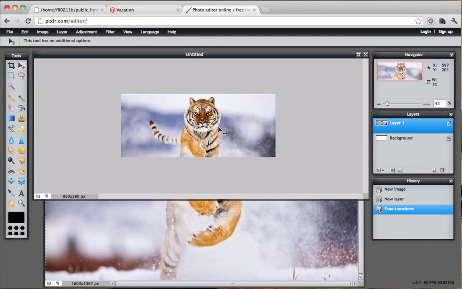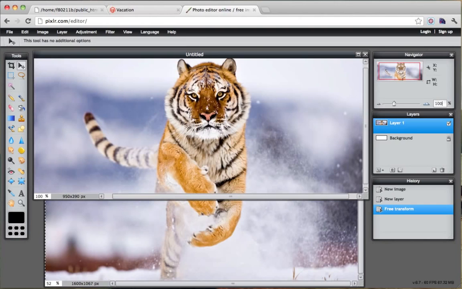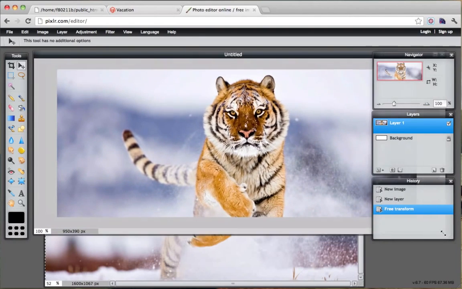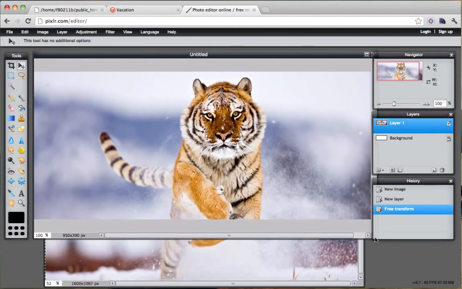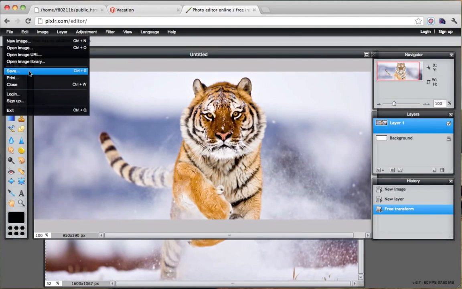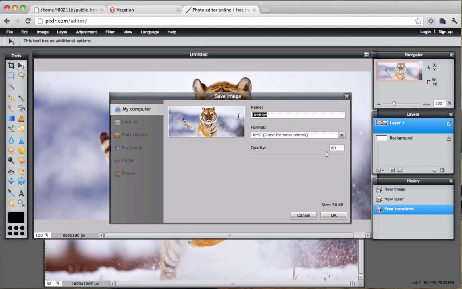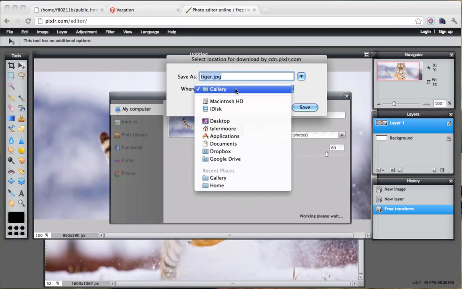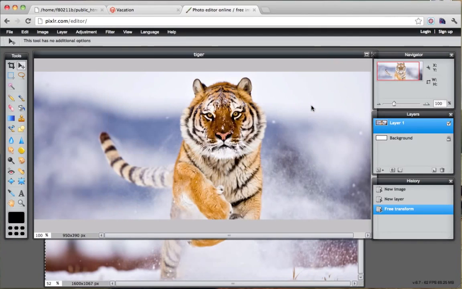And once we do that, we can make it 100% again, just to see what it looks like. 100%. And we can go to File, Save, and call this Tiger, and we can keep it at 80%, that's fine, and click OK. And let's save it to our desktop. Click Save. Alright, we can keep that open, and we can go back to our